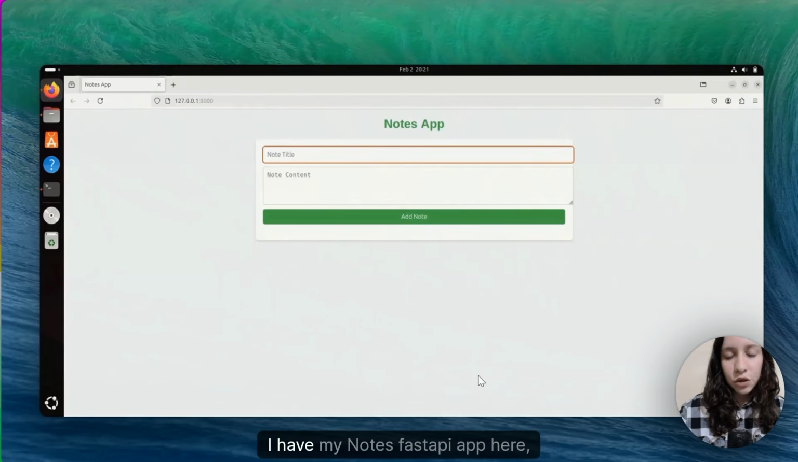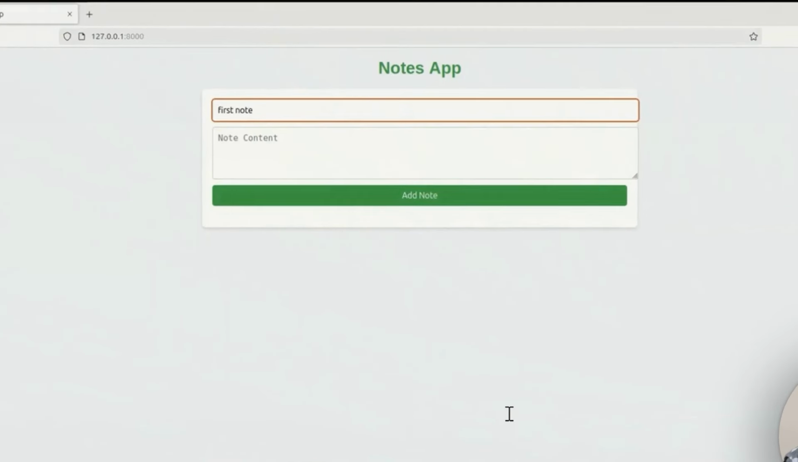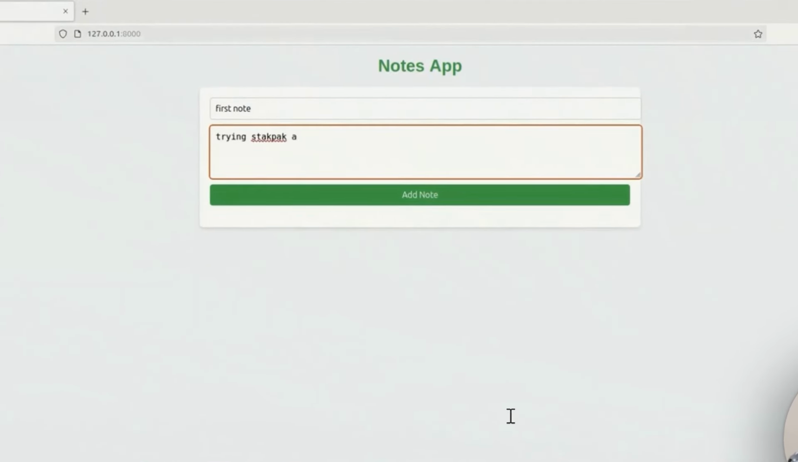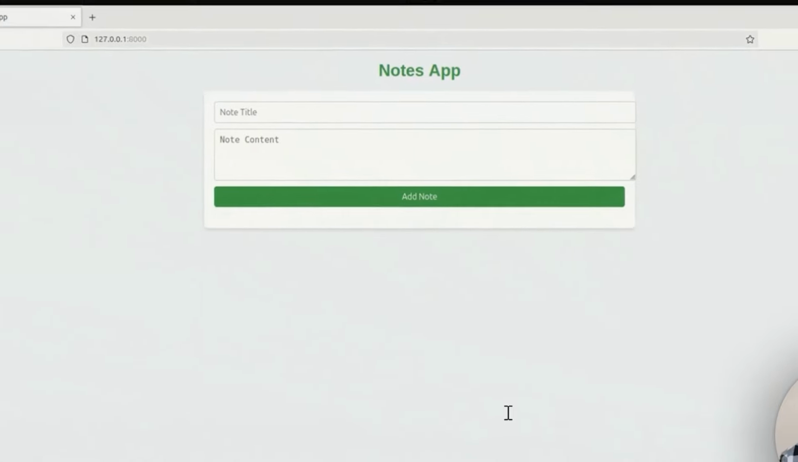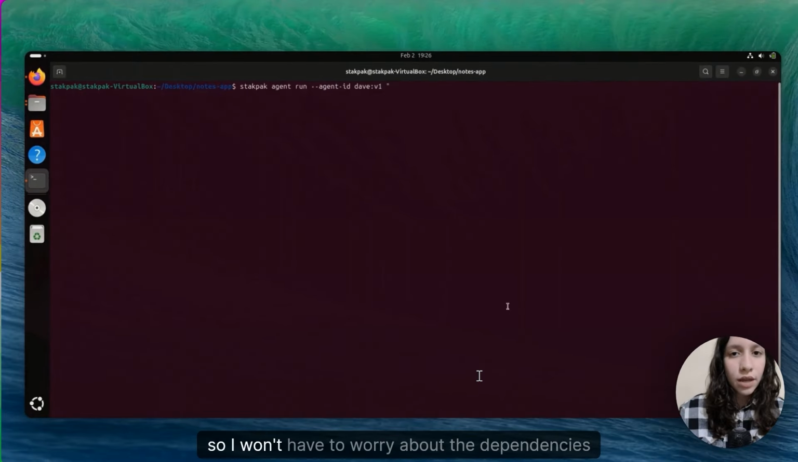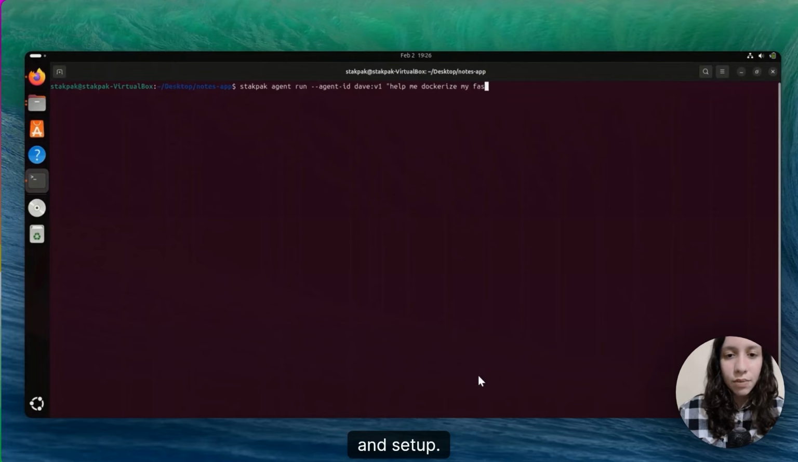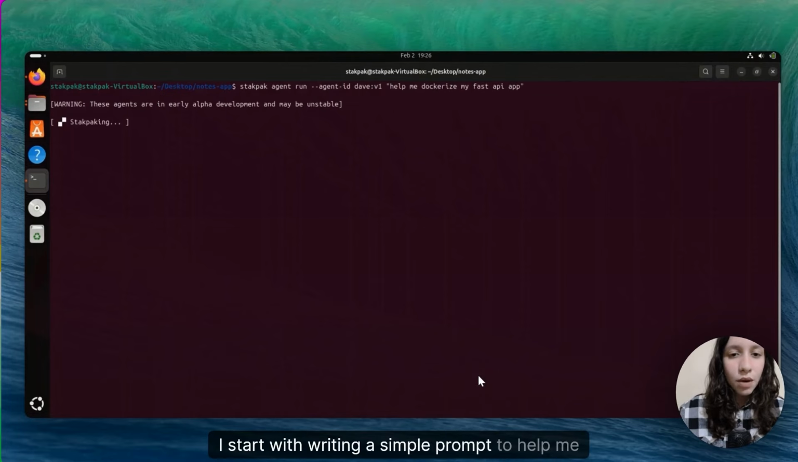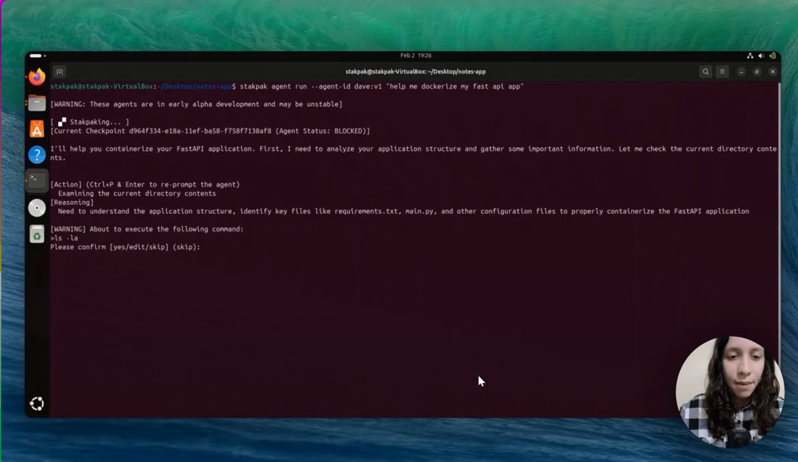Hi everyone, I have my Notes FastAPI app here running locally, but to make it portable and easy to deploy anywhere, I need to containerize it using Docker. I'll use Stakpak's autonomous AI agent to help me do that so I won't have to worry about the dependencies and setup. I start with writing a simple prompt to help me dockerize my FastAPI app, and it's going to